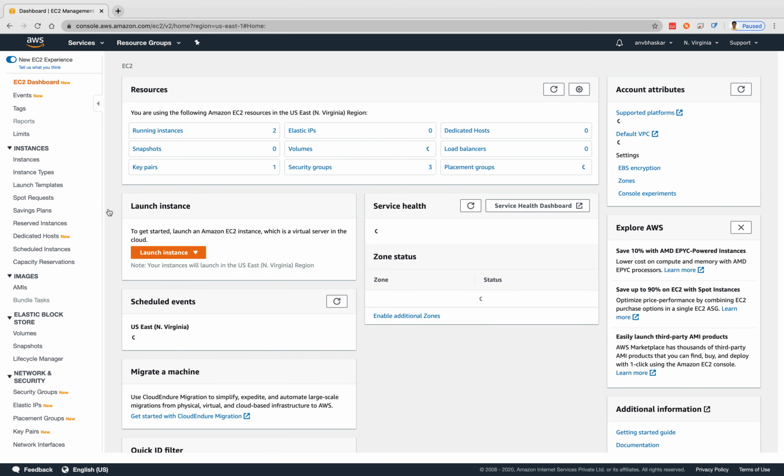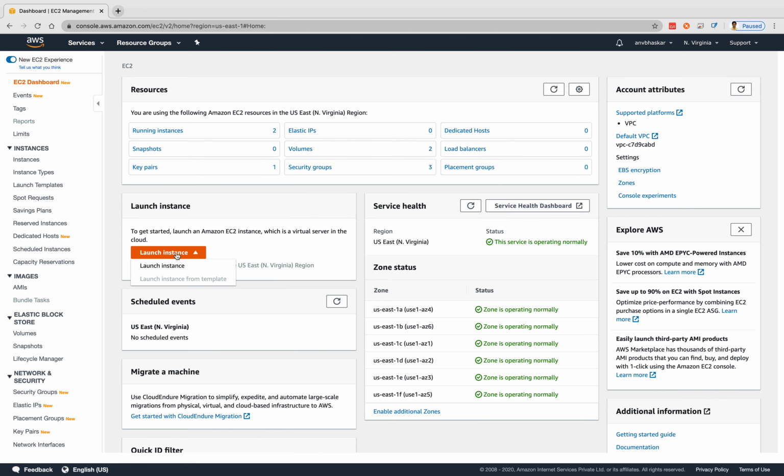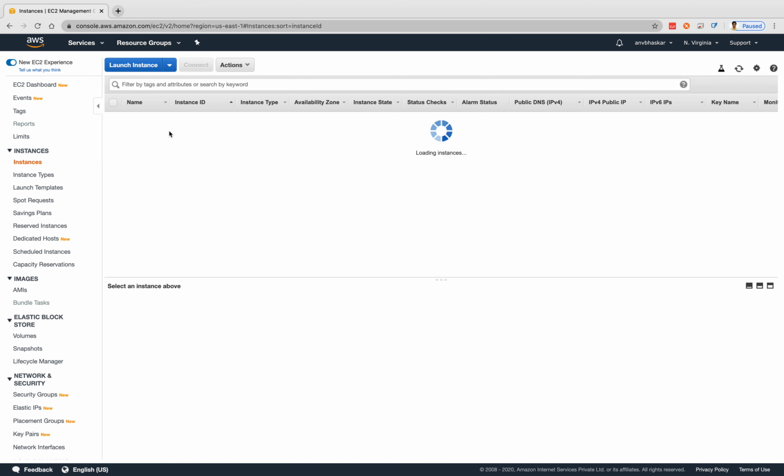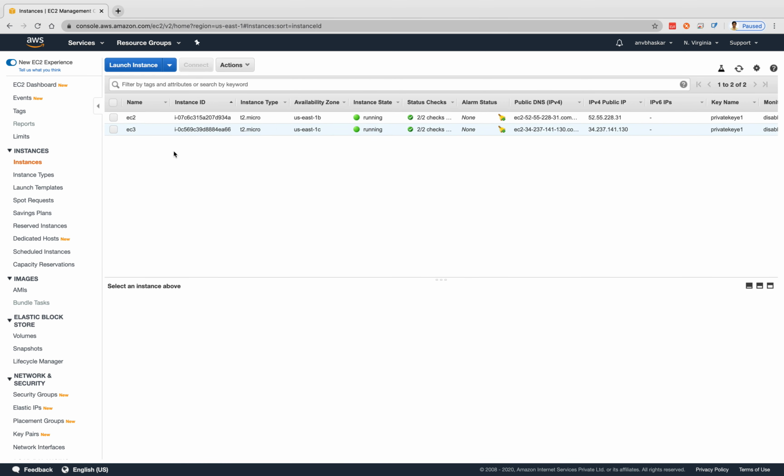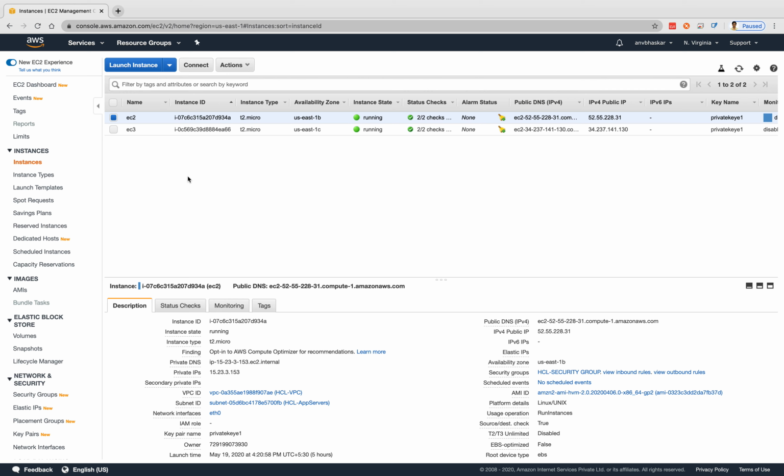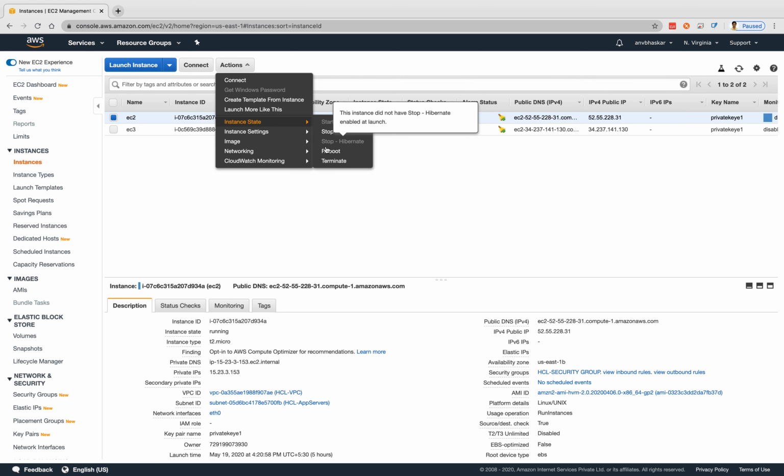If you want to delete an EC2 instance, just click on Running Instances. I hope everyone practiced creating an EC2 instance. There is no direct delete option here. Instead, if you click on Actions, then Instance State, we have start, stop, stop-hibernate, reboot and terminate. If you click on terminate, the machine will be deleted automatically after some time.